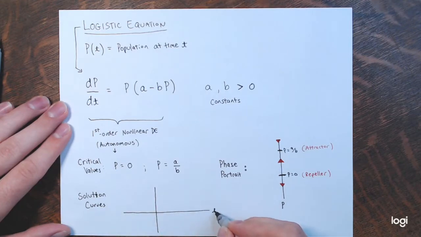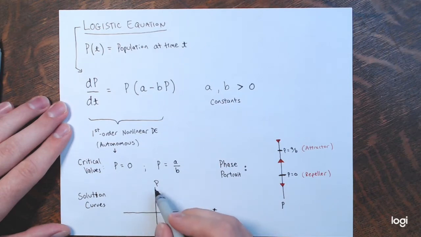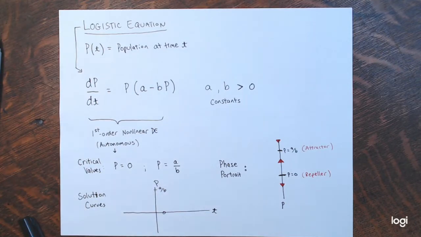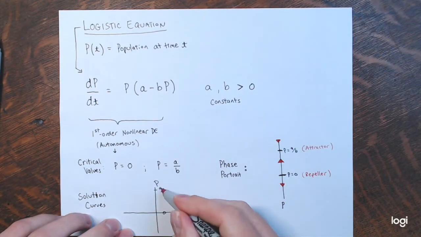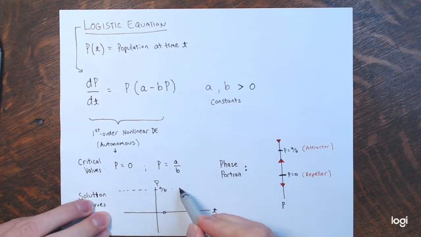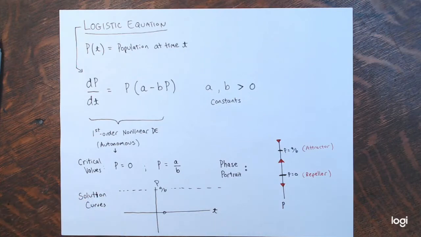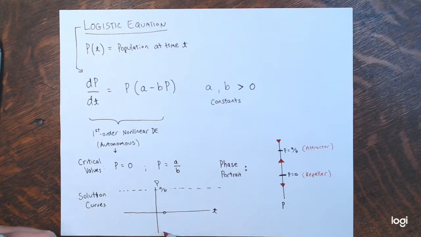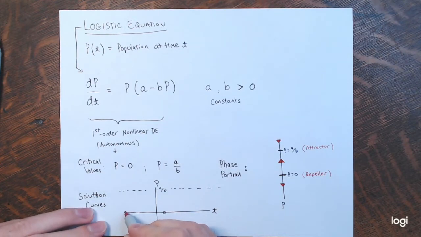So that's the time axis, and then the population. Here's p equals a over b. Here's p equals 0. We're going to be focusing mostly on this area here between p equals a over b and p equals 0, because usually most real world scenarios aren't going to have negative populations. And in this band,